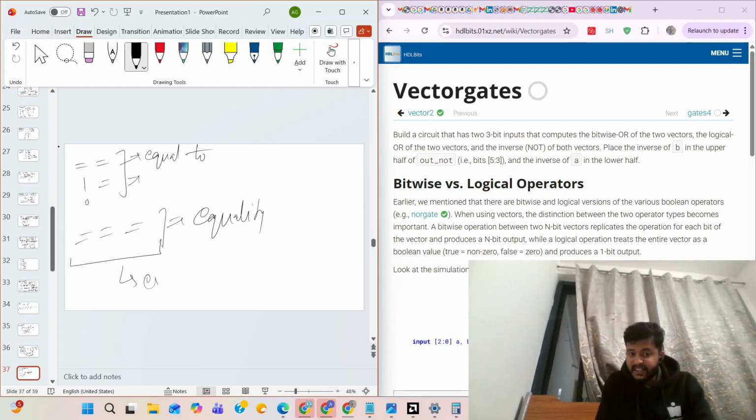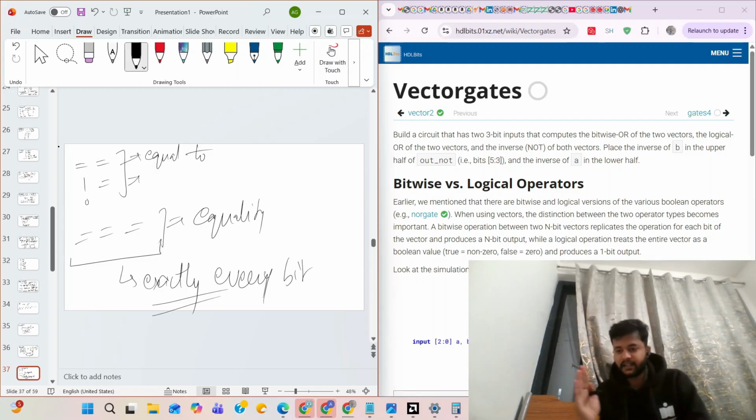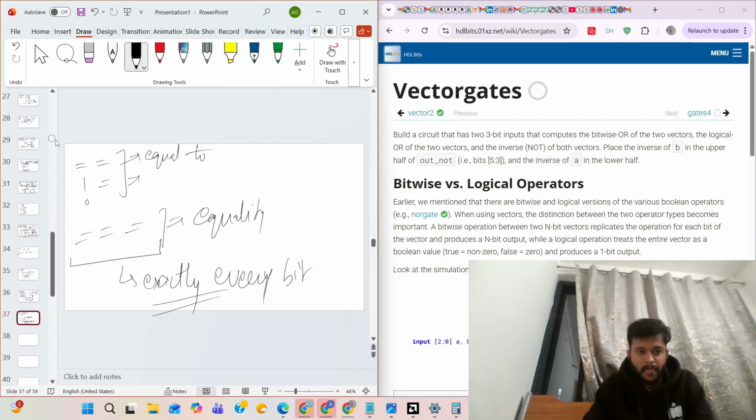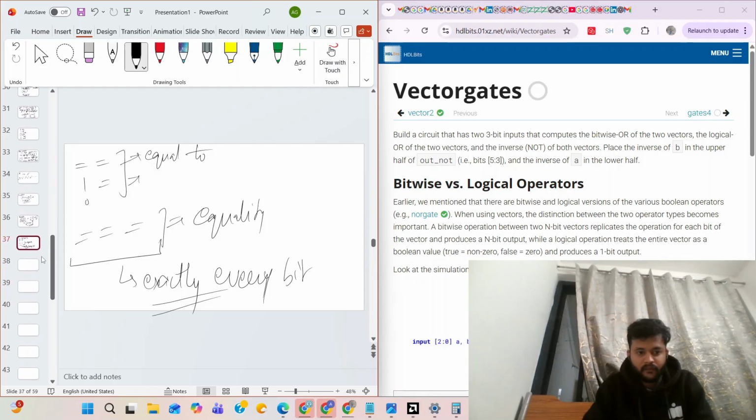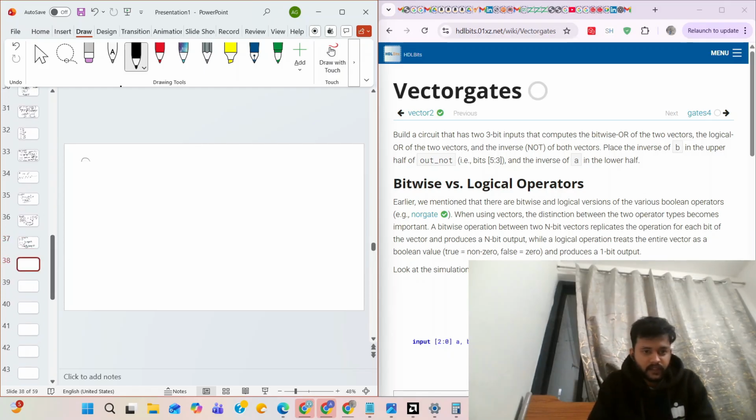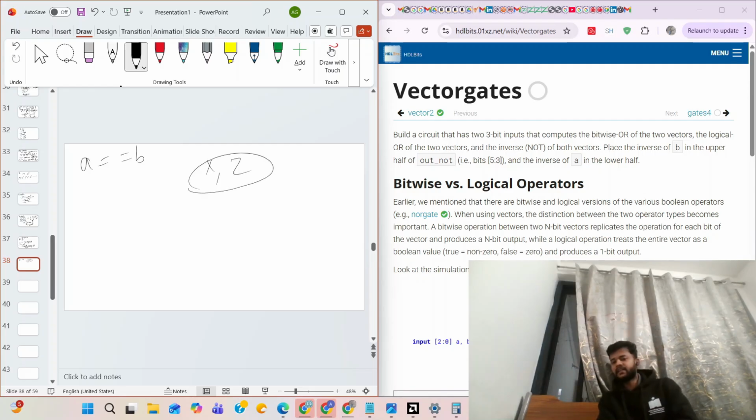Actually, it compares exactly every bit, from the MSB of the RHS to the LHS. And this one treats X and Z, it doesn't consider them.